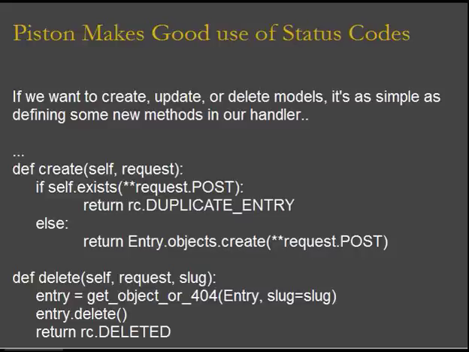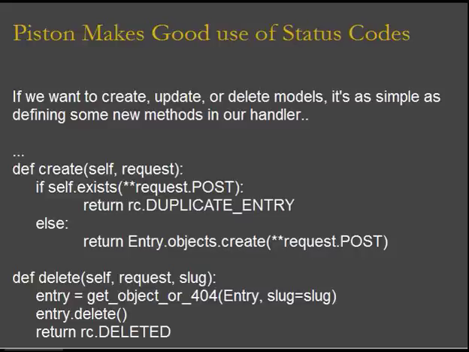So, miscellaneous stuff like that. In addition to these two methods right here, which will belong in the handlers.py file that we got earlier, right? So we go, if self.exists the posted data to this request, then we can return a duplicate entry, because obviously it already exists in the database and we can't create another one. If not, then we just create a new one,